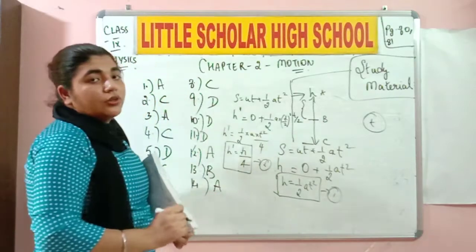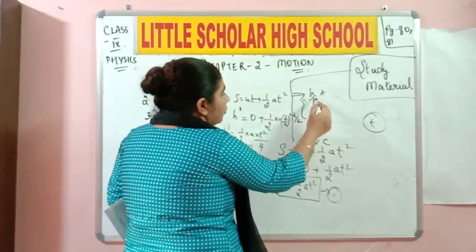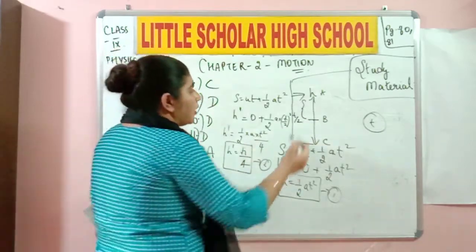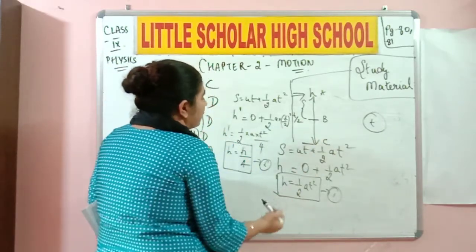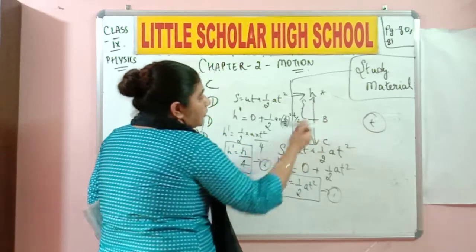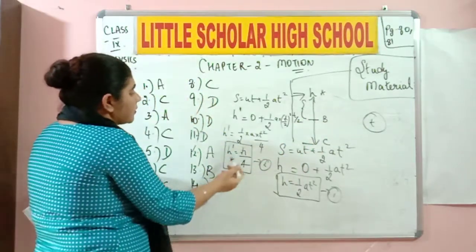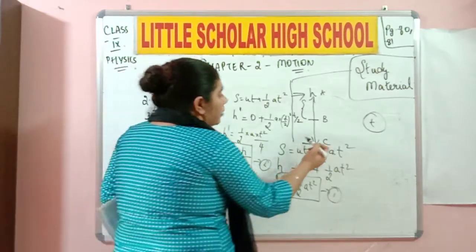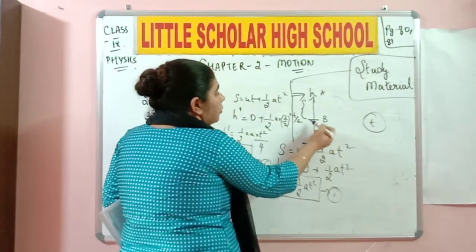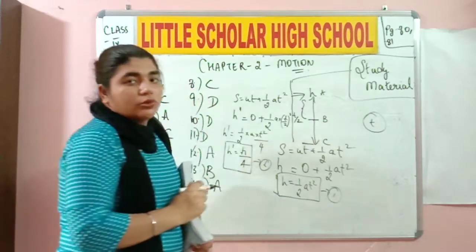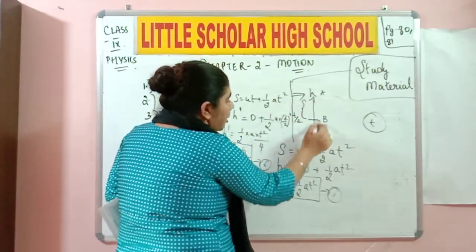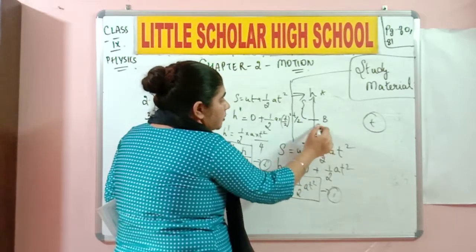Okay, now what do you need to find out? You know the entire height value. Fine. You know the entire distance value, which is half at square. You know the half distance value, that is h dash is equal to h by 4. But in the question they are asking what is its distance from the ground when it reaches t by 2. Do you understand? So it is not this portion that is asked. It is not the complete portion that is asked. It is this portion that is asked.